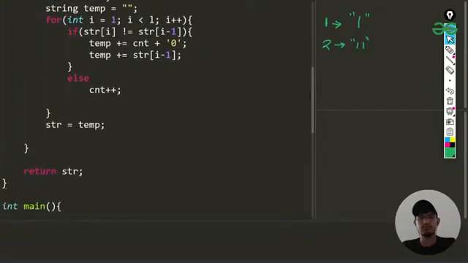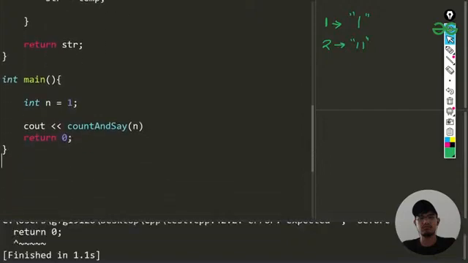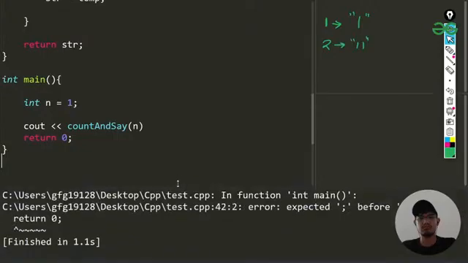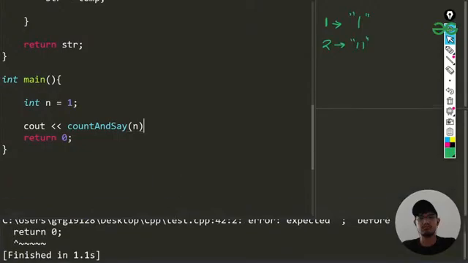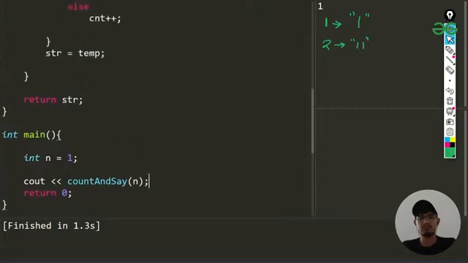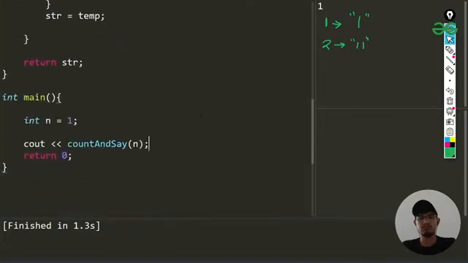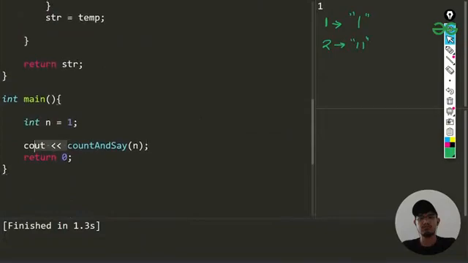So let us try to run the code and see the output. What is the output for this? So here it is, a semicolon. You can see we are getting the output as 1. Okay, so I'll be calling it string s equals this one, and I'll be printing s.